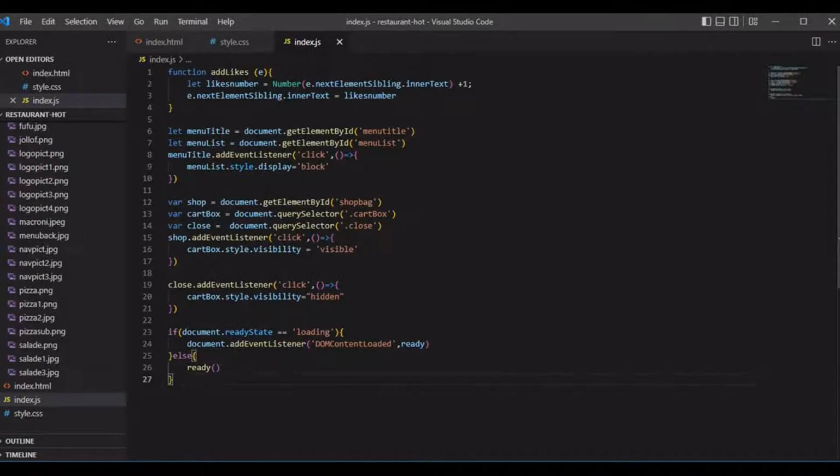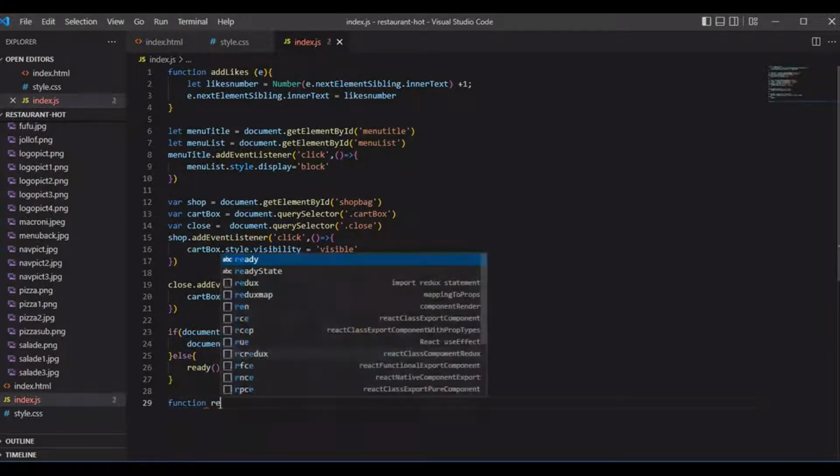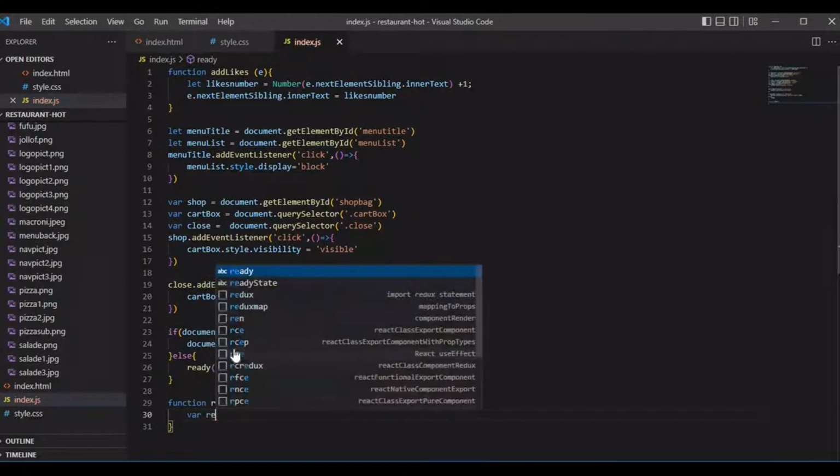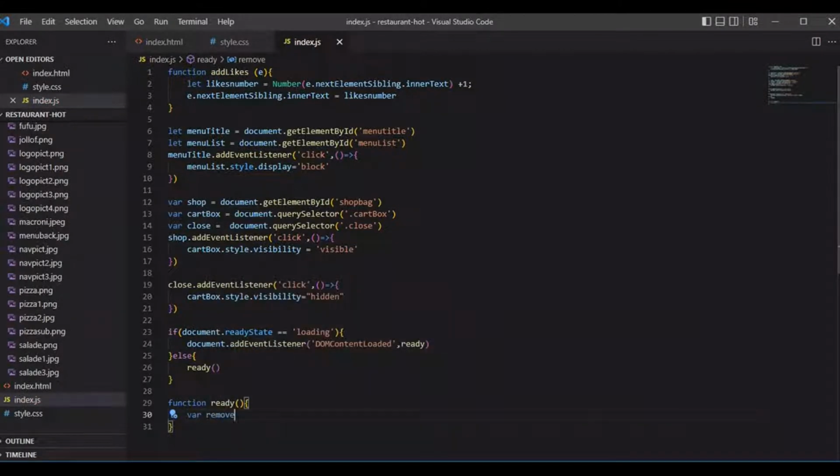So the next thing we are going to do right now, what are we going to do now? Now we are going to declare our ready function, and inside this function, what will we be having? We will be asking for all the remove buttons inside our HTML document. We use a loop function to search for all the remove buttons inside our HTML document. So we do a variable remove cart item